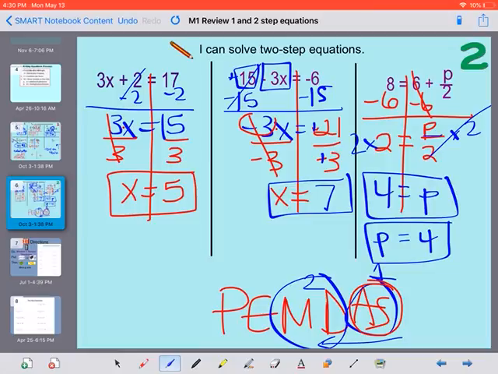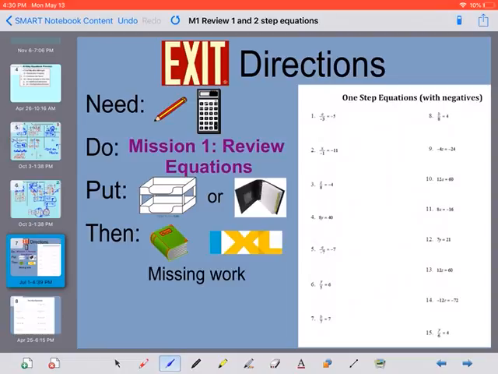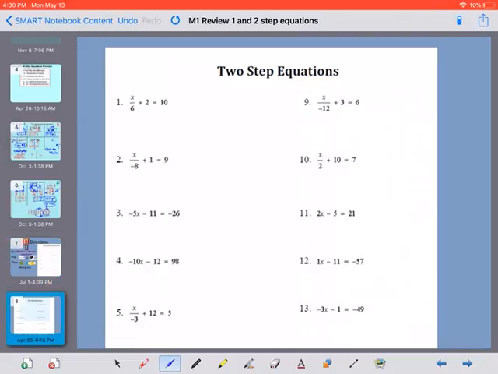Same, same. All right, your homework is to work on 1 and 2-step equations. First side is 1 step, and the second side is